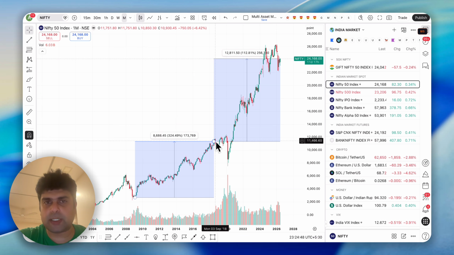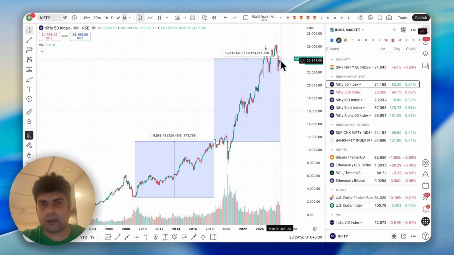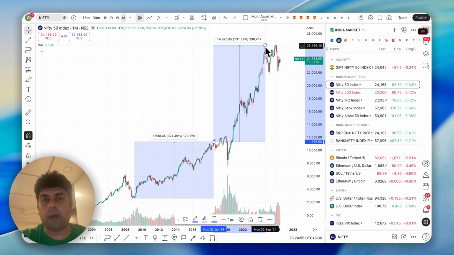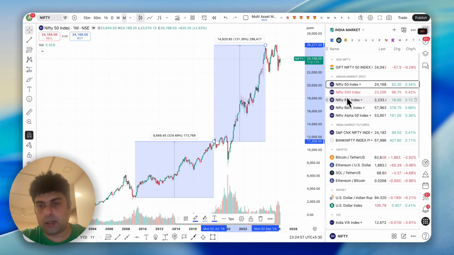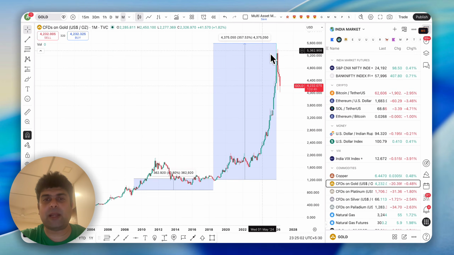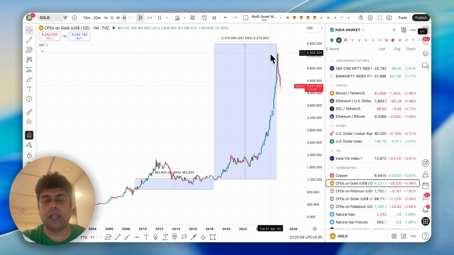From July 2018 till the peak, Nifty went up by 131%. But if you were invested in gold during the same time, this is what your return would have been: it went up by 357%. And once it hit 357%, you would have managed to exit your asset class. You can see 2nd Feb here, and you will notice in our chart also that Jan-Feb is the time where you were supposed to exit anyway.